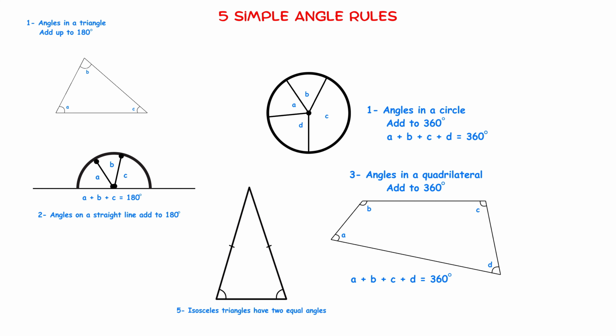Before we finish, though, I just want to show you an example of a trickier exam question where you have to use multiple rules to find the missing values. Now, questions like this often look really tricky because there's a lot going on. The best way to approach them, though, is to ignore the particular letters that you are trying to find. So ignore the x and the y in this case, and just take a step back and look at what